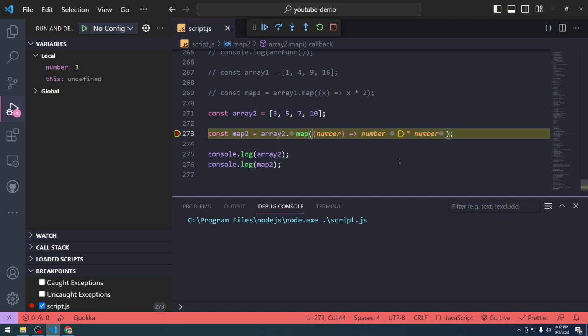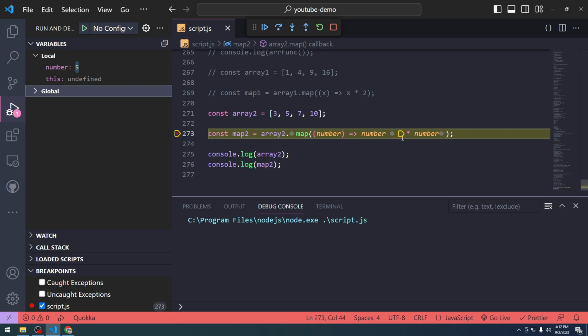Let's go for F11 once again, and as you can see, the number is now 3. It is going over each and every element of this array, and now we are into this function and we do number into number. So we have return value of 9, so it is now going to return 9 in the new array,